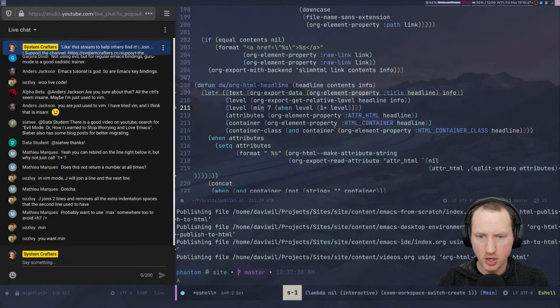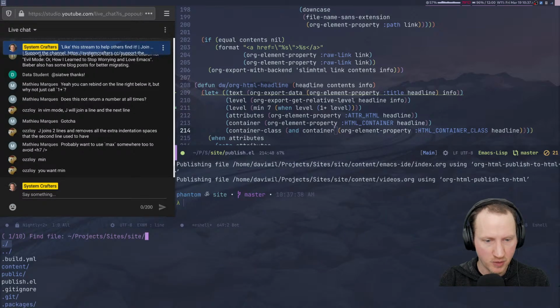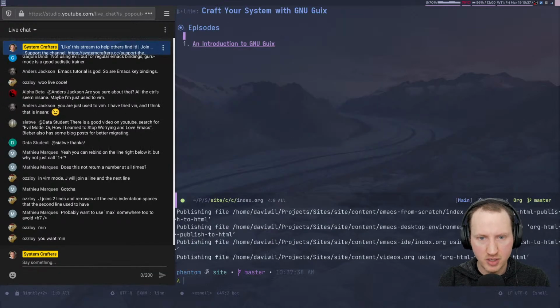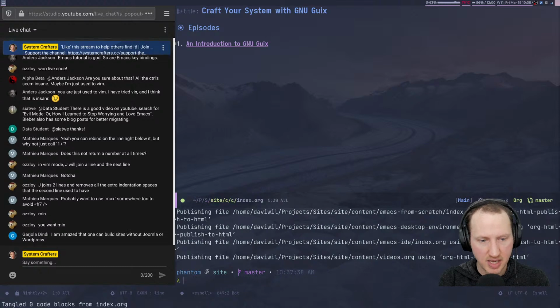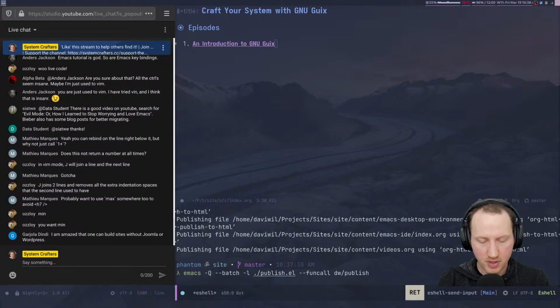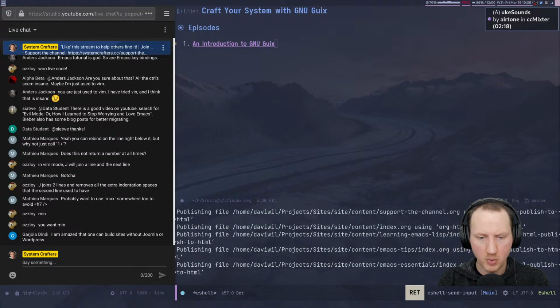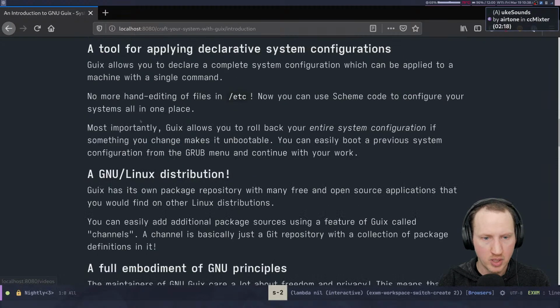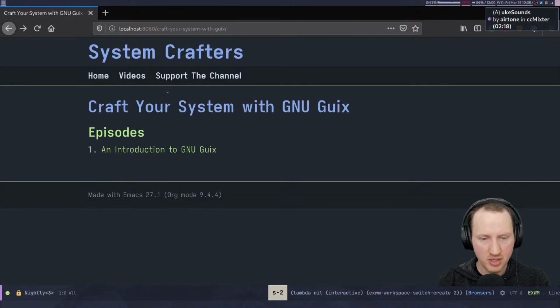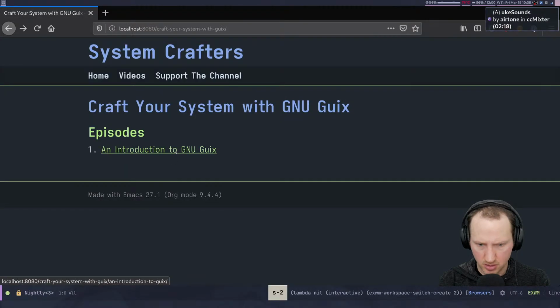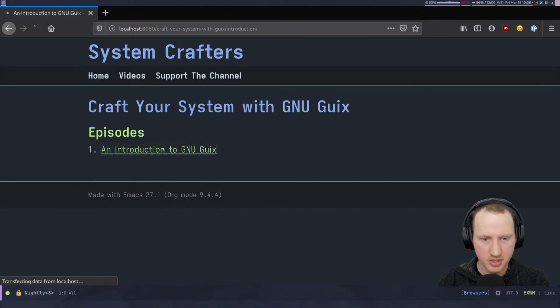Great. So I also want to go and change that content on one of these pages. So if we go to content/craft/index, what I want to do here is change this link. I'm just going to change the contents of this link to be introduction because I changed the organization of this page. So introduction, press enter, save that. And then I'll run this again. And then once that finishes, I should be able to go back to this main page here. Okay, that's done now. And then this link, once I refresh, it should be updated to be introduction,